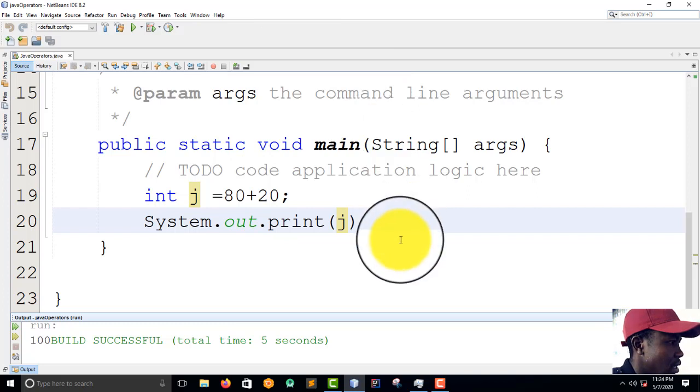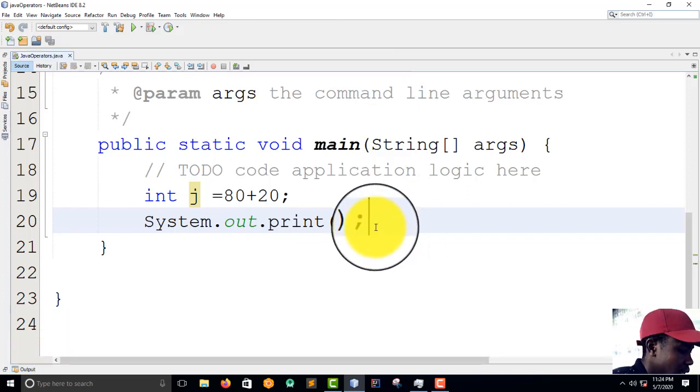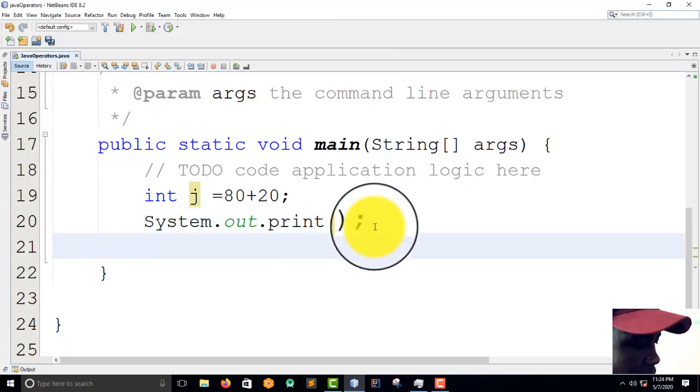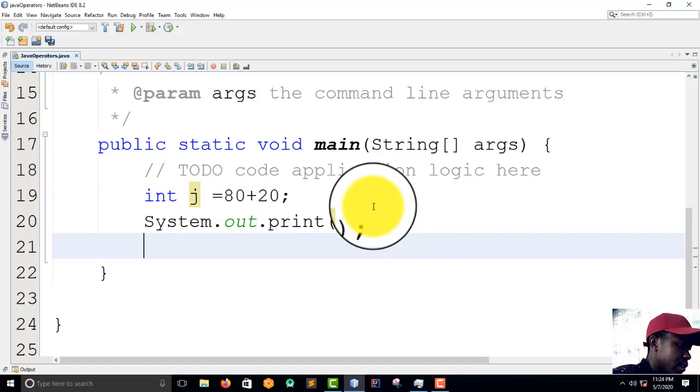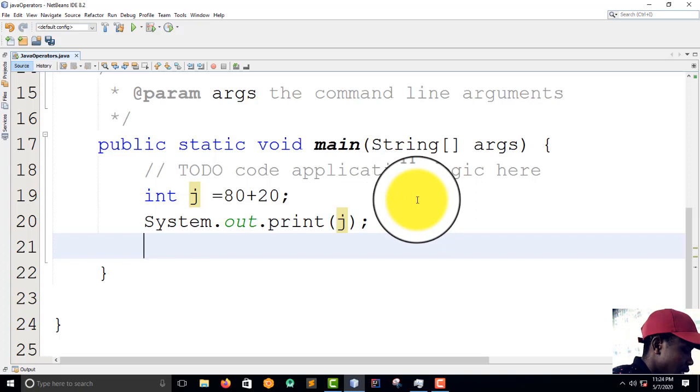So I'm going to do that example. So let's do the value and the added value. Then we do variable and variable. We want to use this plus operator and see what will happen.